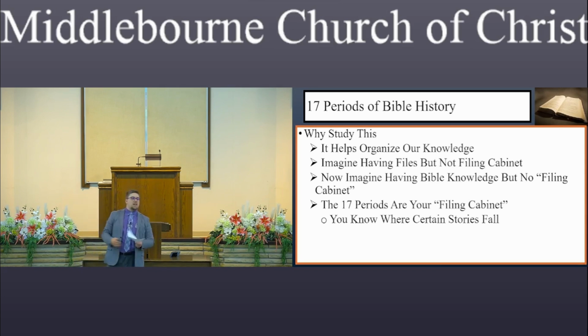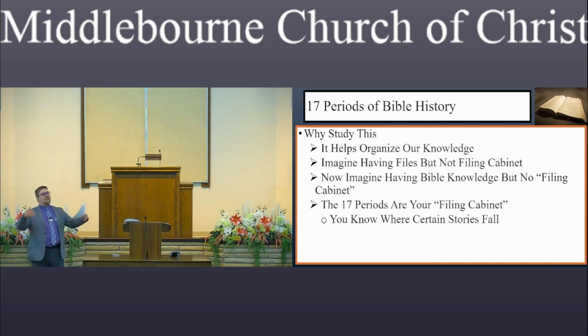And so I know, where's Cain and Abel take place? Well, it's somewhere between Genesis 1 and 5 because it was pre-flood. And so I can narrow it down. Genesis isn't the best example of that because we know where most of those fall. But it helps in stories later on.